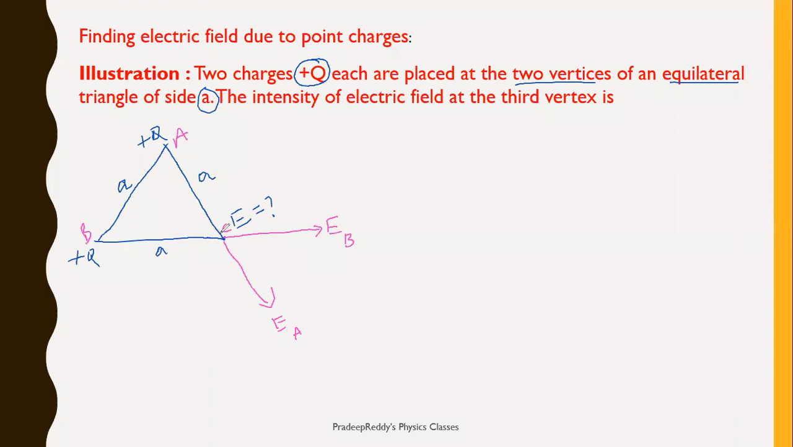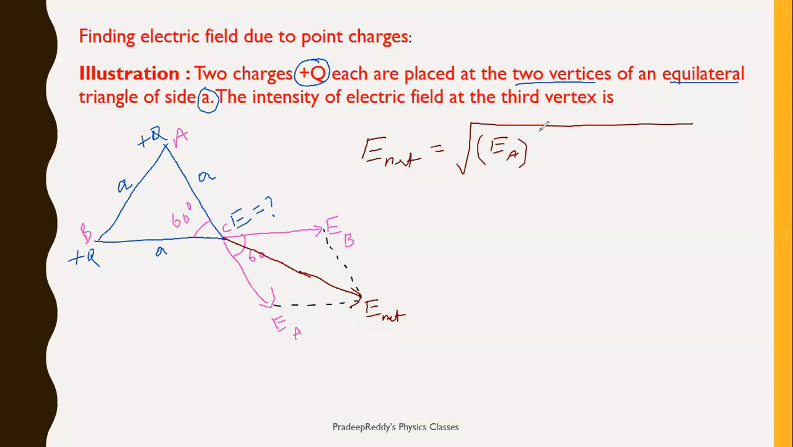These are vector quantities. As you know, this angle is 60 degrees because it is an equilateral triangle. Then obviously this angle should also be 60. I want to now find the net field. In order to find the net field, I'll go for the parallelogram law of vectors. So the resultant vector will be acting in this direction. This is the resultant field E net. Then how to find this E net? Use the parallelogram law of vectors. E net will be equal to under root